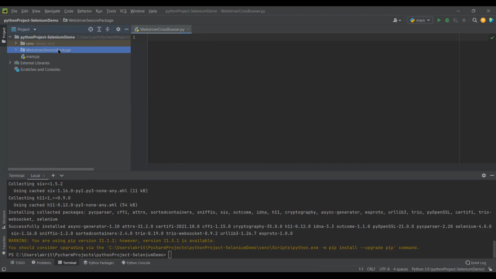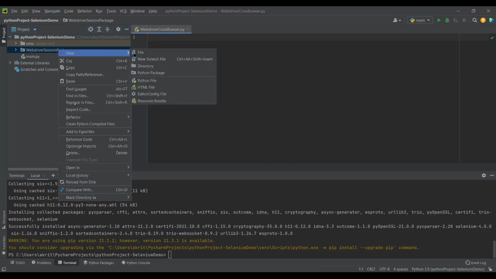Similarly, I'll do the same thing: right click, new Python file. I'm doing this because I'm creating an independent package so that I can reuse it further on. This is important because in further sessions, for example, when we demonstrate PyTest, or when we use a page object model framework, these small packages will be helpful, because the script within these packages can easily be exported to another Python file, and we can easily use the functionality. We don't have to rewrite the script again.